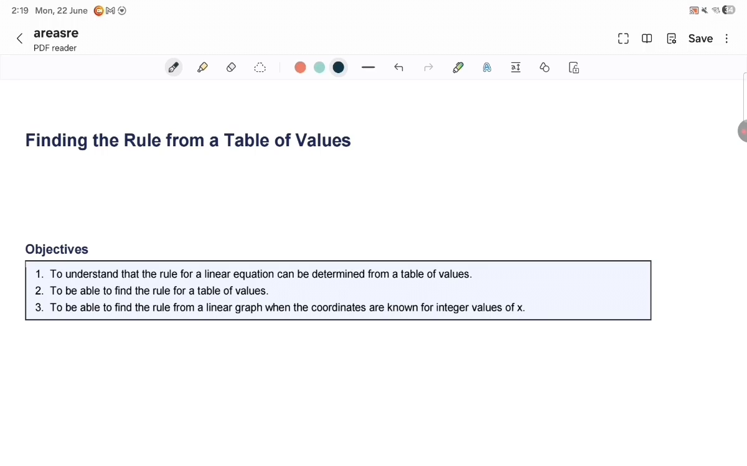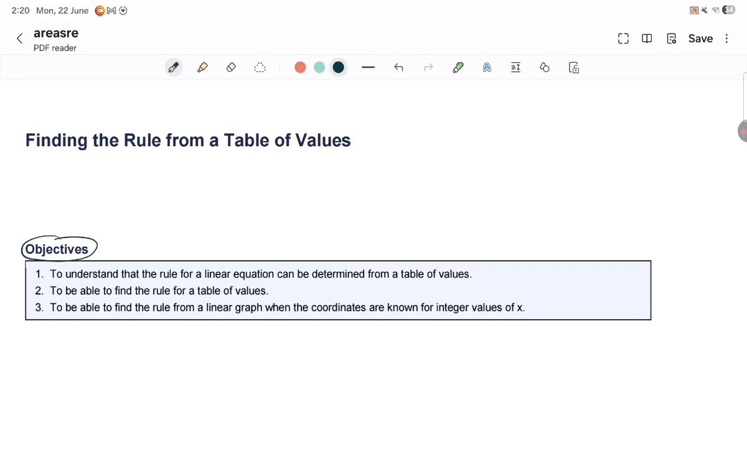Let's have a look at these objectives first. First one, to understand that the rule for a linear equation can be determined from a table of values. Second one, to be able to find the rule for a table of values. Third one, to be able to find the rule from a linear graph when the coordinates are known for integer